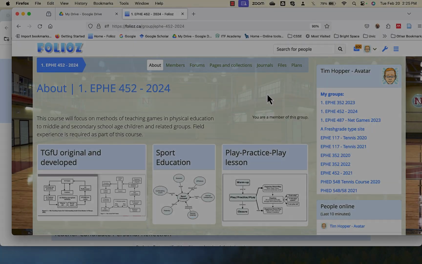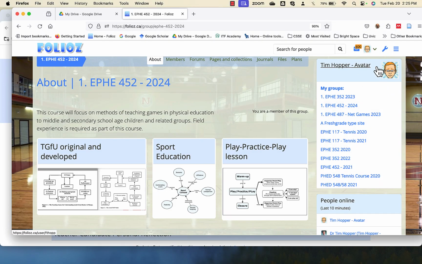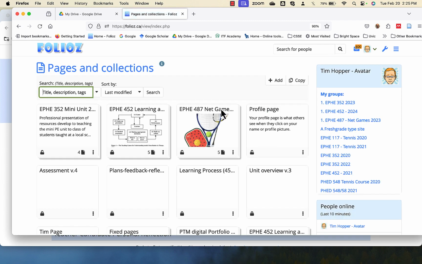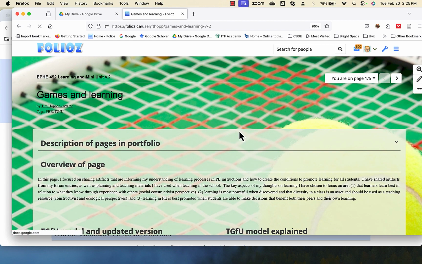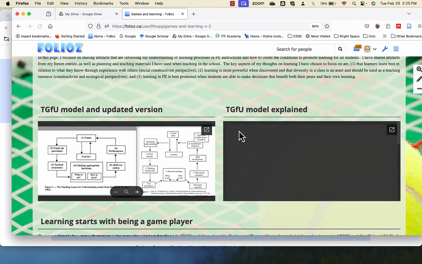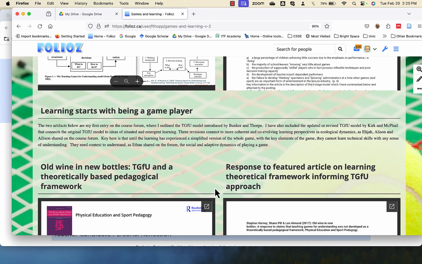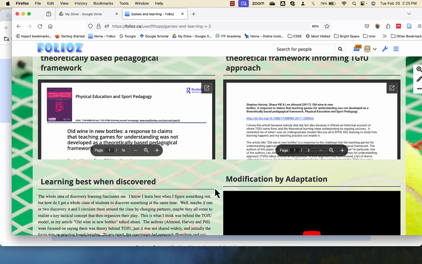Okay, so this is a guide towards developing your page in relation to the competency 12. So open up your portfolio. Here's an example I've created earlier just to give you an idea. I combine different artifacts from the course, from my engagements, explaining how they connect to the idea of creating learning